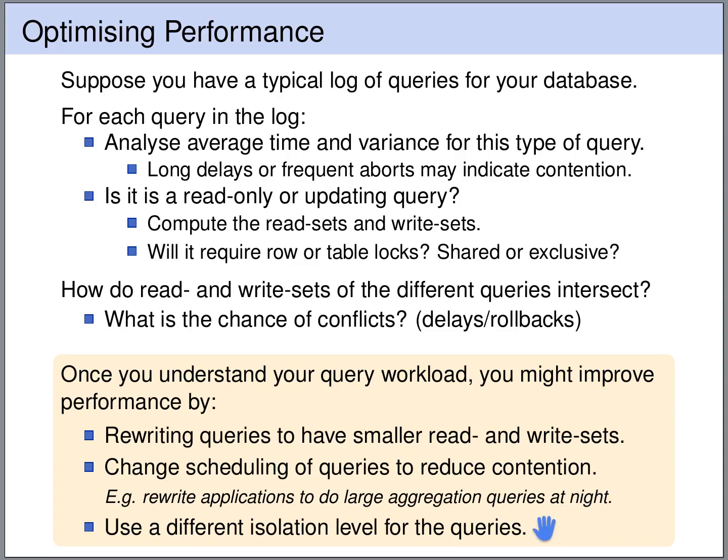And moreover, we should consider what level of isolation we need for what kind of transactions. For instance, if we produce these large aggregation reporting queries, maybe we can accept if there's a slight error in these reports. Maybe if there's an error of 0.01%, it doesn't matter. If so, then we can lower the isolation levels in order to allow for more concurrency and less blocking of the queries.